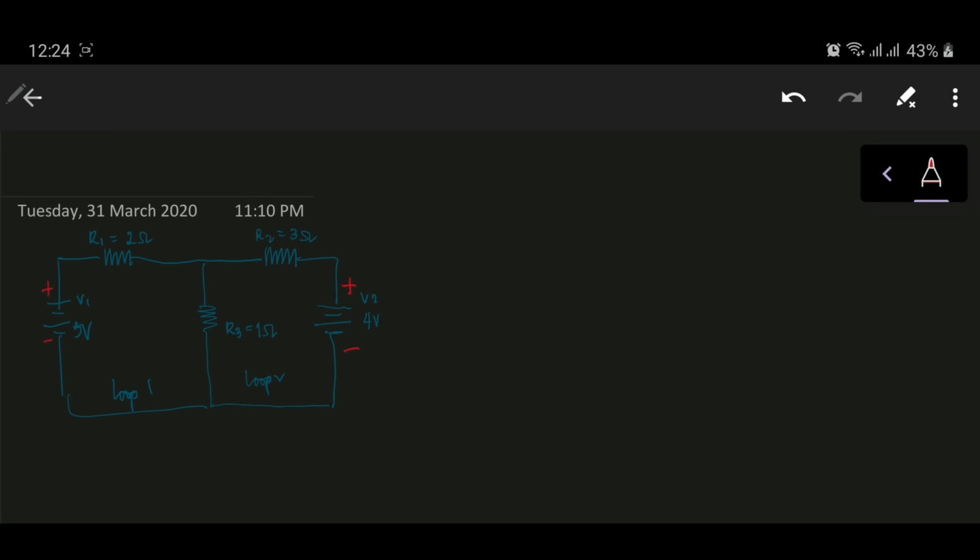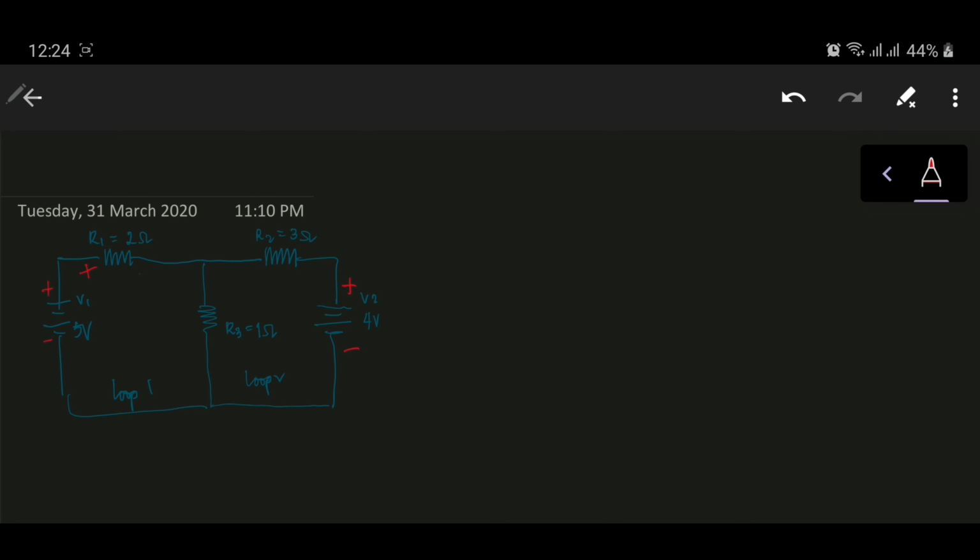For R1, we have its left side connected directly to V1, while the right side will receive a pressure from V2, but then that pressure is diminished because of this resistor here. So by the time it reaches R1, it's not a pressure of 4 volts, it's less. So compared to the right side of R1, which is directly connected to a 5 volt battery source or voltage source, we expect that the pressure on the left side is greater. So we can assign the polarity of R1 with a plus sign on the left and a minus sign on